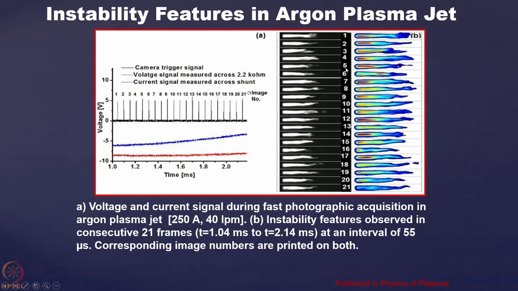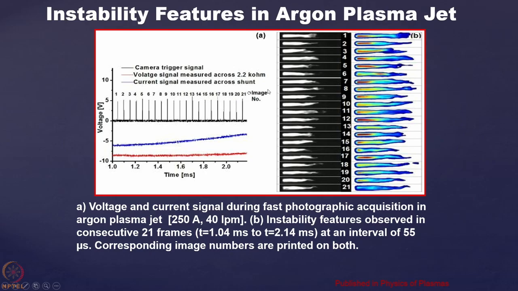1, 2, 3, 4, and then 5. You see that in 6 there are two blobs: one is the high temperature zone over here, and another high temperature zone is in the downstream region. If you go to 7, 8, 9, 10, you see the kind of variation the high temperature zone has, and this is quite significant. What is the origin? We want to see whether an oscillation in the voltage or in the current is causing this change in the high temperature zone, or whether there are some other instabilities inherent to the system causing this kind of change in the temperature distribution.